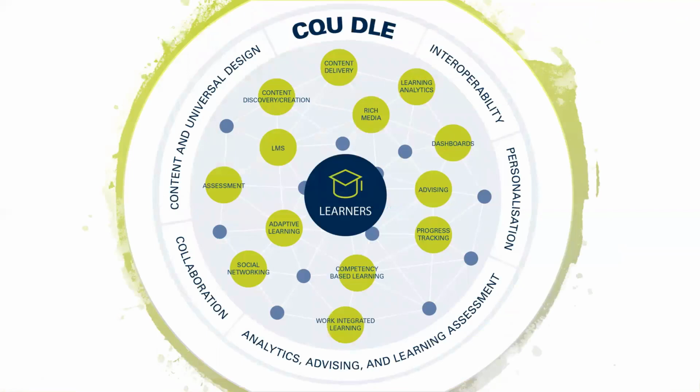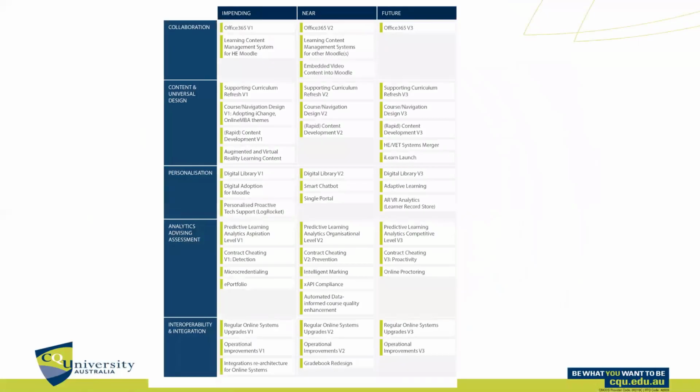But perhaps more interestingly, how do we go from this into an actual roadmap and project plans? What are we doing this year and in the next few years? It requires a little bit of, I guess, geometry. We transform a circle into a rectangle. The outer layer became these streams of work from collaboration on top to interoperability and integration. Then we tried to figure out what are we going to do this year and in the next few years. Just think of these titles as 2019, 2020, 2021, and then we filled in the blanks.